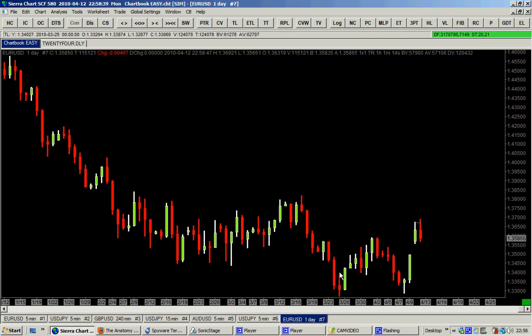So a lot of people were selling the euro heavily because of Greece and Spain and all these things here. The price formed a kind of double bottom here. But anytime I look at a double bottom or a double top on the daily chart